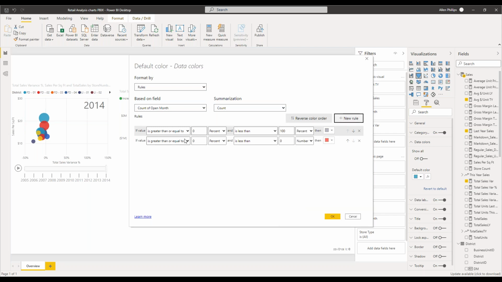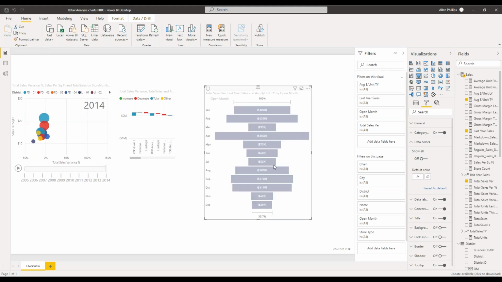And then if I add a new rule, that new rule could say that if my information is greater than or equal to 1, but it's less than 0, meaning in my case I want it to be a negative, I might say I want to see it red. By doing that,